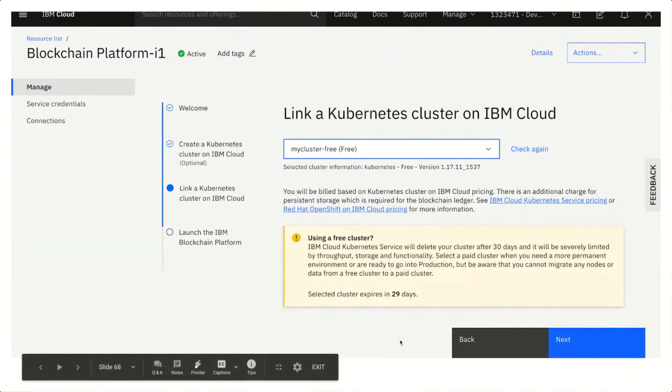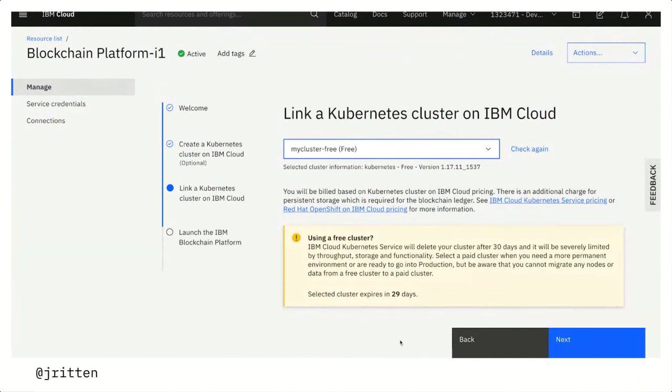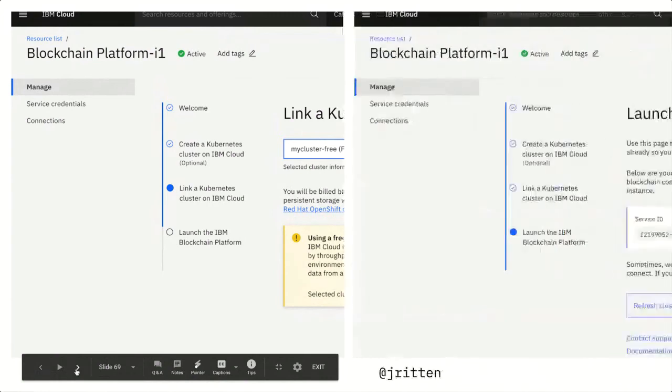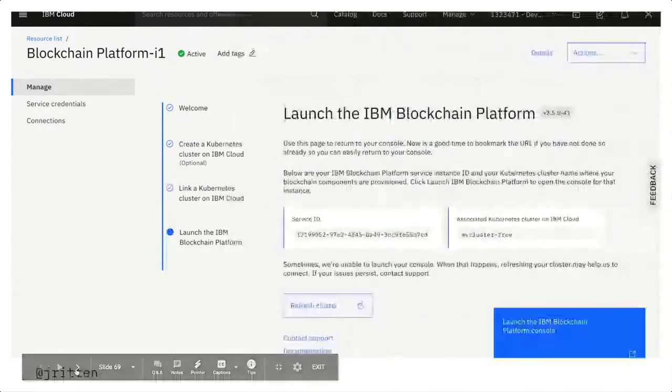It also will tell you here that your Kubernetes cluster will be deleted after 30 days. So it's just letting you know. So the free cluster you've selected will expire in 29 days from the day that you first instantiate it. And then the next thing will be to launch the IBM Blockchain Platform console.